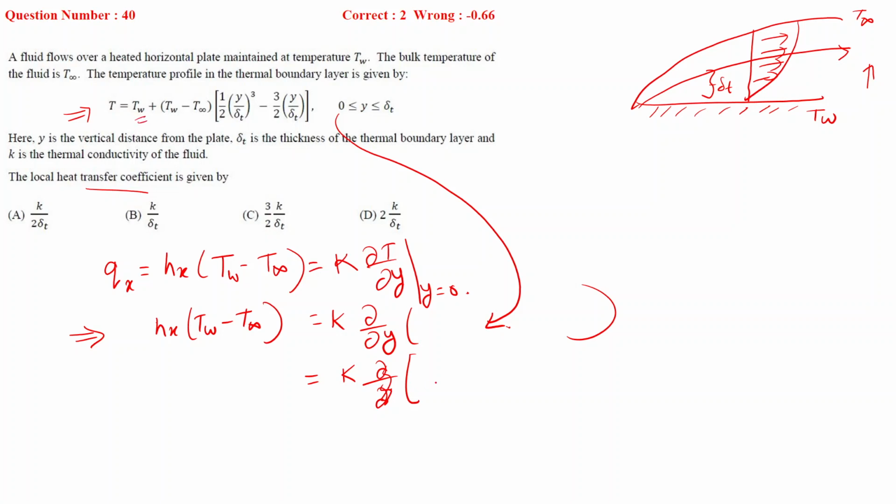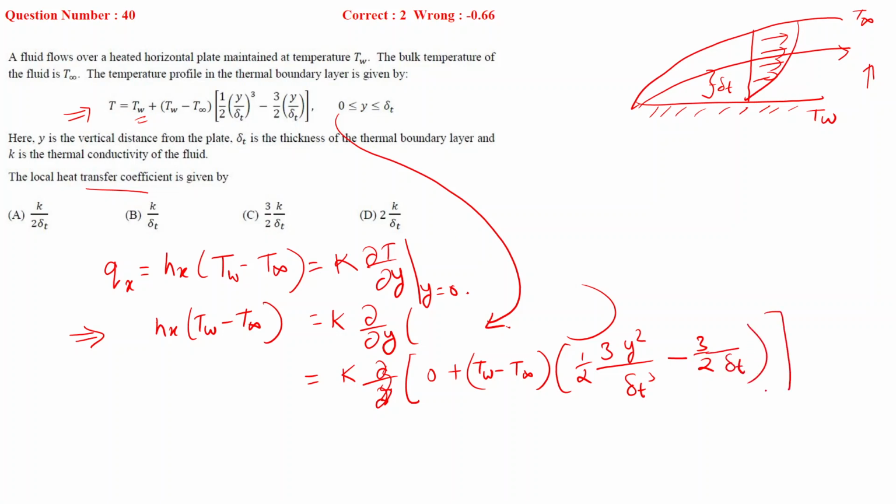So this will be 0 plus Tw minus T infinity into 1 by 2, then 3y square upon delta T cube, minus of 3 by 2, derivative of y will be 1 upon delta T, and here we have to put y equal to 0. Okay, so basically both terms will get cancelled out and we will be having Hx equal to